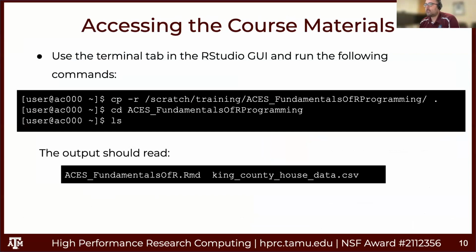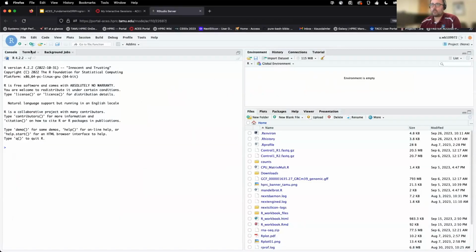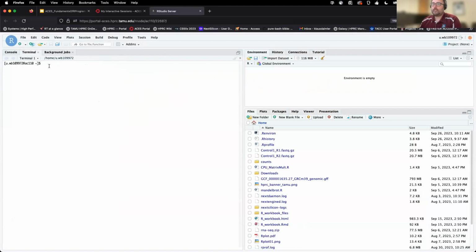All right, so to access the course materials, what you'll want to do is click over to the Terminal tab in the RStudio. Show you real quick. So make sure we click right here. You should have a prompt like this, and then you can copy the materials to your current directory